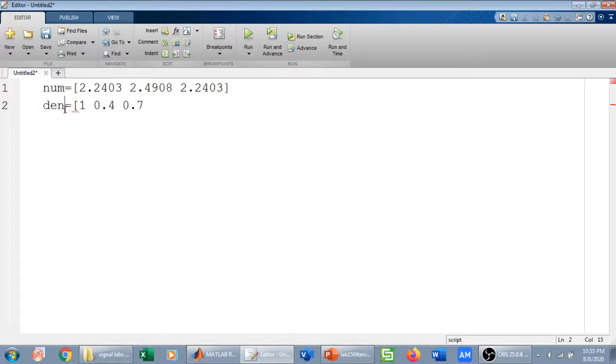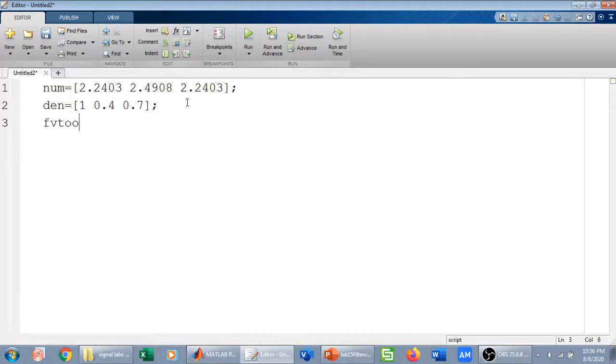Remember that num and den are only variables. You can give them any name, such as a and b, or x and y, but I have defined them as num and den. We put a semicolon here so that it is not displayed in the MATLAB command window.